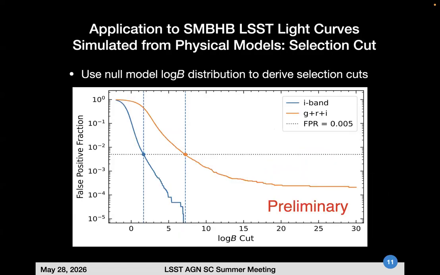And how do we actually quantify the success rate? Basically, we plot the distribution of the log B for all the noise-only light curves and see their distribution. This is very simplistic. I'm trying to make a cut at a false positive rate of 0.005, which is 0.5%, for both I band only and the g, r, i bands. And then we choose those log Bs as a cut to select